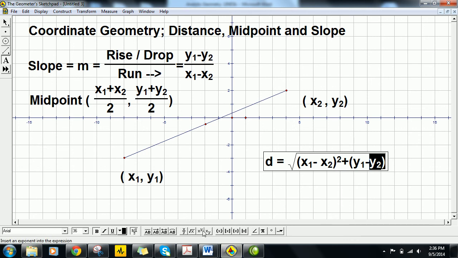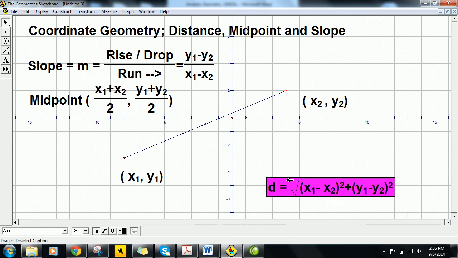Bada bing, bada boom. And you might say, well, that's kind of crazy. And it looks kind of crazy. It looks like a lot. But if I square both sides, I get d squared equals, and that radical goes away, difference in the x's squared plus difference in the y's squared. And essentially that's exactly, in no uncertain terms, the Pythagorean theorem. D being our quote-unquote c, the Pythagorean theorem gives us, c squared, d squared, equals, and then this piece right here of the right triangle that I could make, if I wanted to,